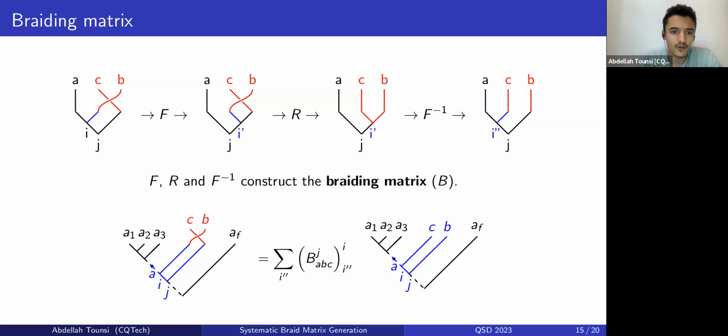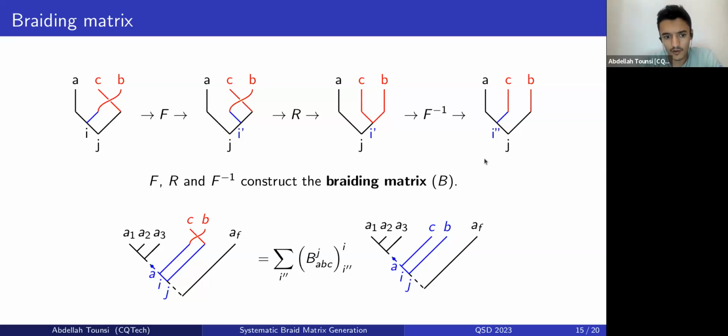Then after that, we are able to apply the R transformation. Then we go back to the initial fusion order by using the inverse fusion matrix. The product of such transformations, R and the inverse of F, constructs what we call the braiding matrix. This braiding matrix